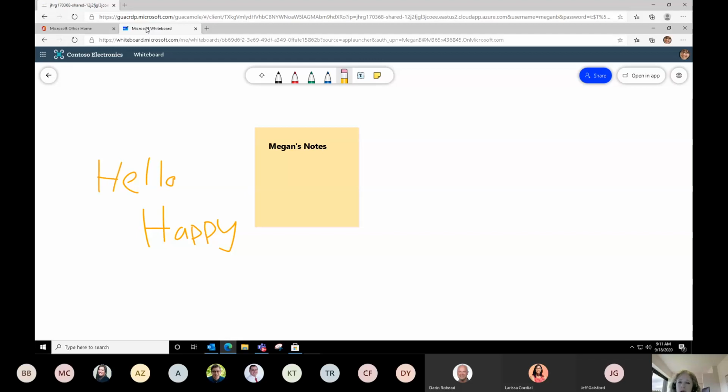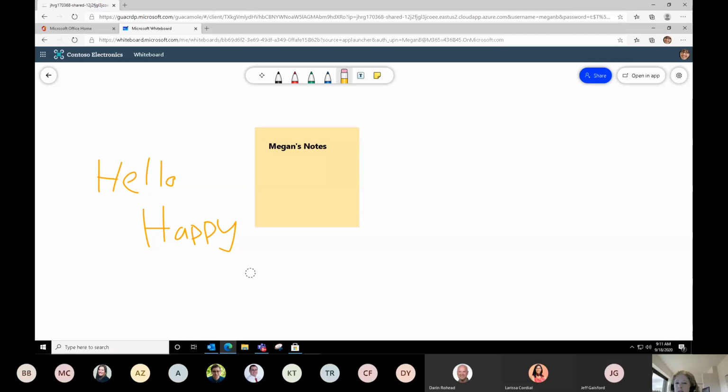Fair enough. Now, right now we're seeing actually a whiteboard that I just created a few minutes ago. It's got a couple things on it. First of all, it's got a sticky note, which we'll talk about in a couple minutes, and then I've got some inking here. For the demonstration, I'm using a Windows PC, and that's partly because we're having to support a virtual training, and I don't have touch screen on this. Really, the Whiteboard app is even more awesome when you do have a touch screen capability.